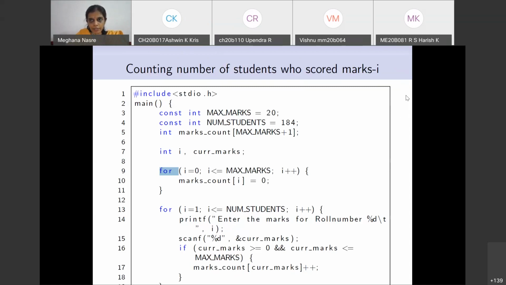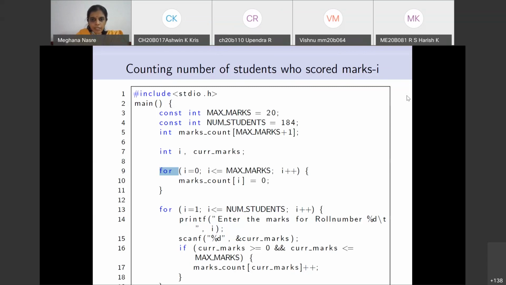Okay, so I again see some chat messages. I'll quickly look at it. Somebody has said if current marks is greater than 20, then you can... I do not know whether I minus has to be done because I don't know whether that entry is going to be corrected or not. That depends on, so you will have to keep asking the user, give 184 valid entries, only then my program will stop. Okay, if that is the expected behavior, you can do that.